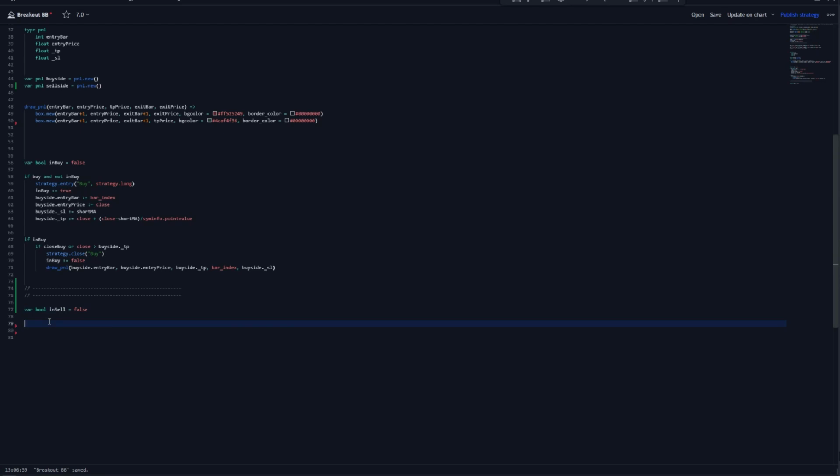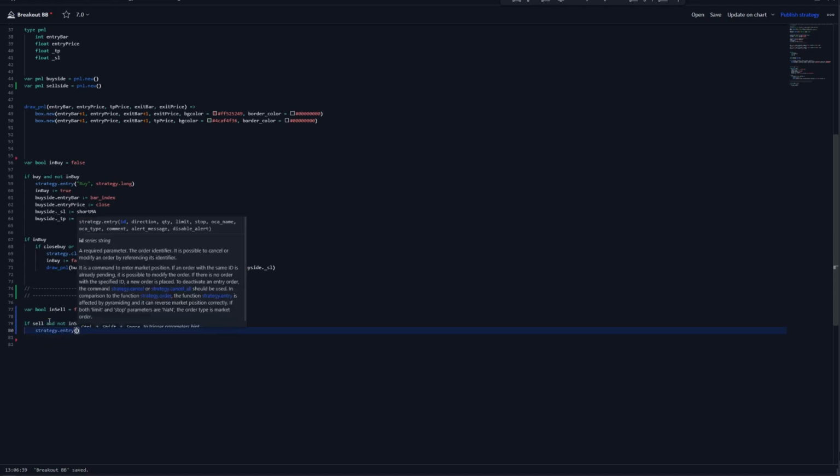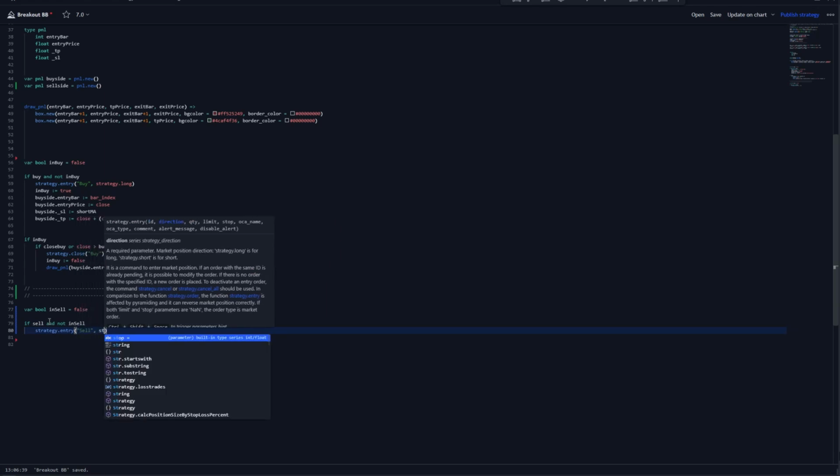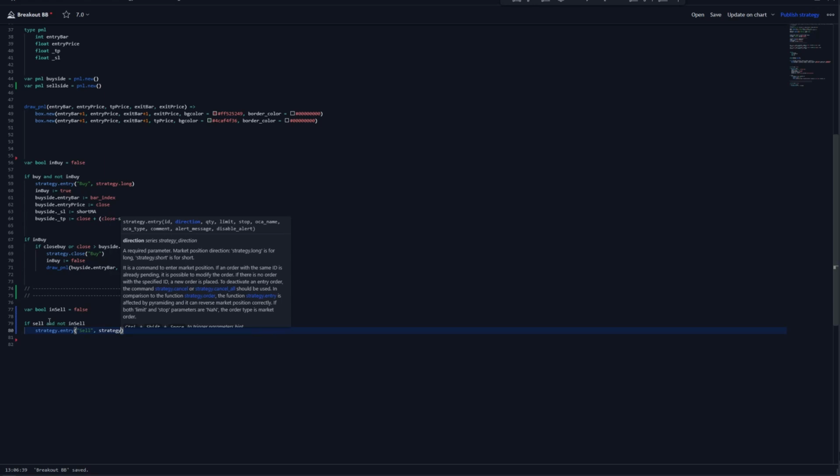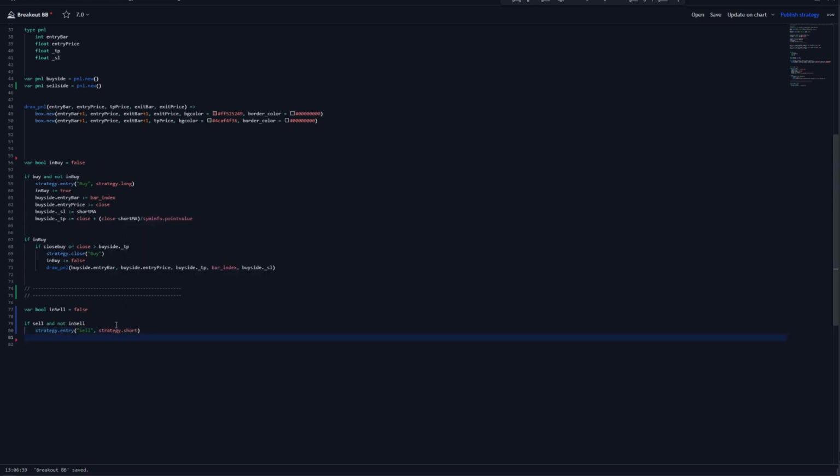Boom. Now, if sell and not in sell, strategy entry sell, strategy short. Just like that. And then we want to do the same thing like all this. So we want to now change in sell